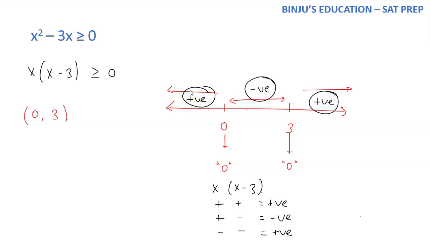So you're looking for greater than or equal to 0, so you'll have to include 0 also in this case. So again, you can say that your answer will become the value of x is either greater than or equal to 3, or the value of x is less than or equal to 0. Or you can also write minus infinity to 0, square bracket union square bracket 3 to infinity. Either way, your answer is correct.